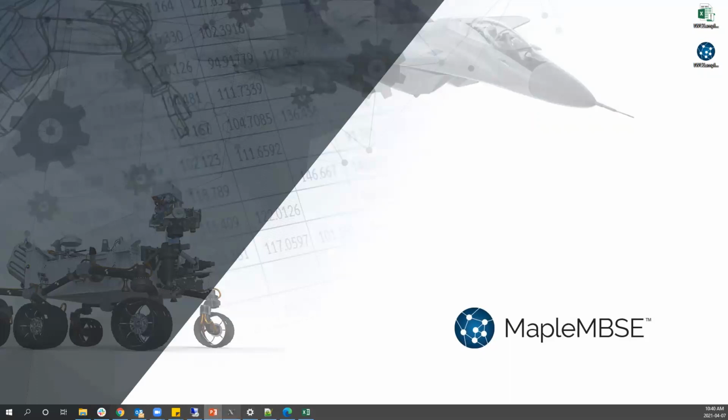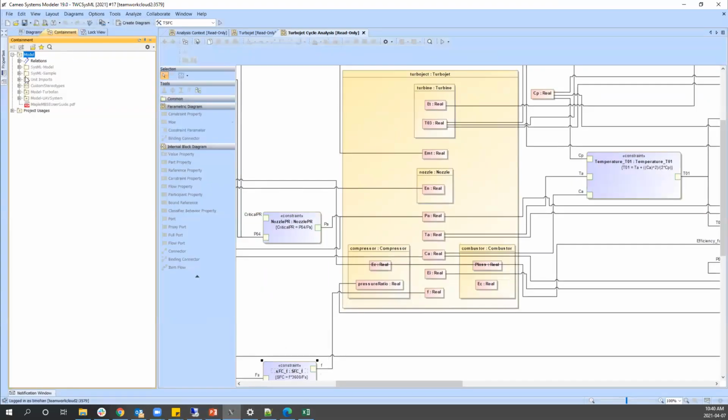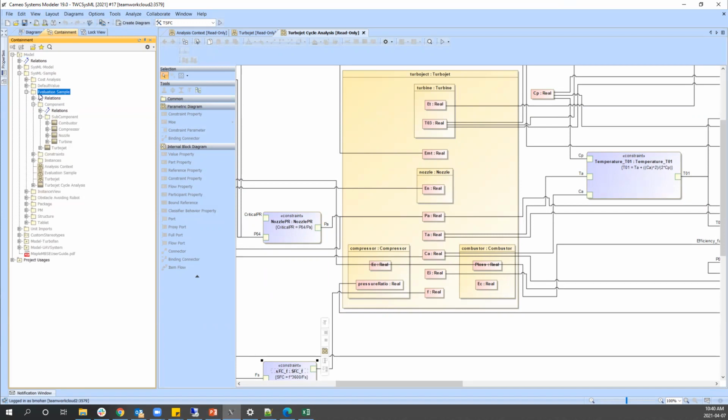So my project structure, if I take it in Cameo, you're going to see the same here. So here we have the evaluation sample. Inside this package, I have the turbojet cycle analysis, and within the components package, I have the turbojet, and in the subcomponents, I have the rest of the components.